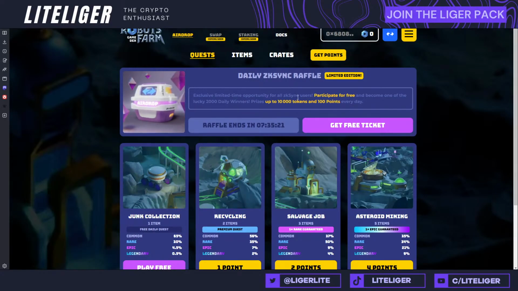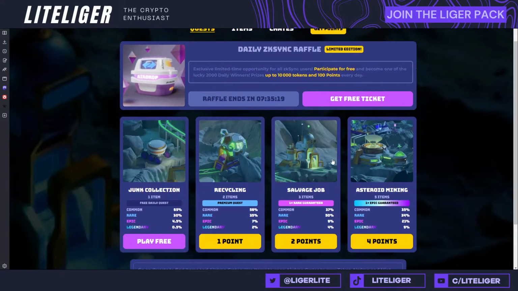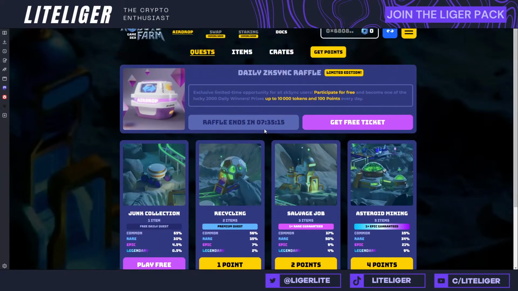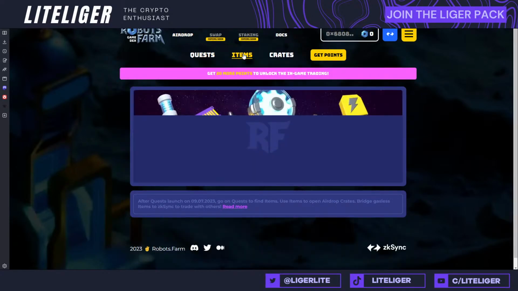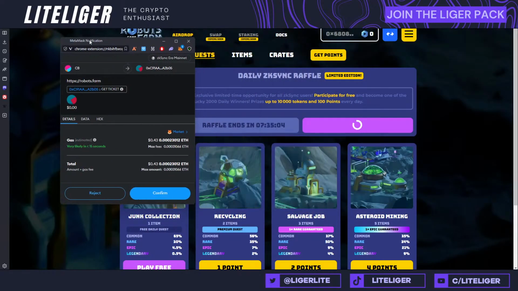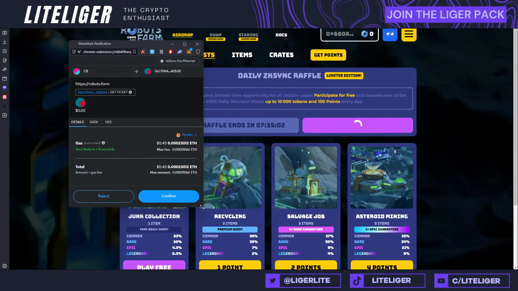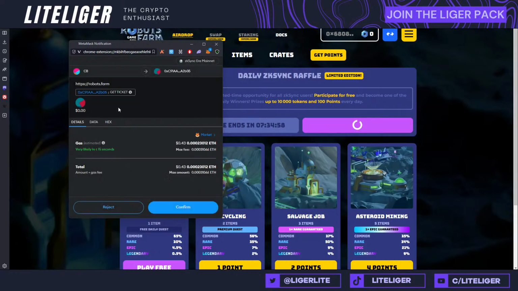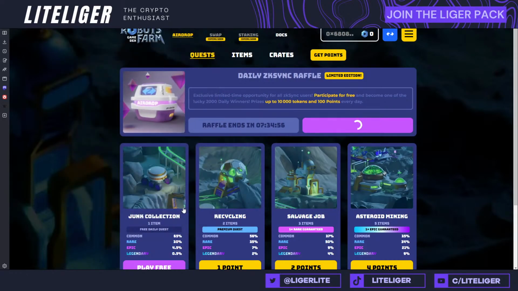And this is basically a raffle system. It's kind of like one of these mining things which gives you points. So we basically have a clan. The clan is on the link. I think it's called the Lowland Ligers. And what you can do is get a free ticket here. Now this is going to be costing you 43 cents. We can choose the market and choose it low. So this will be a slower, lower-cost transaction, but this is going to be partially refunded.